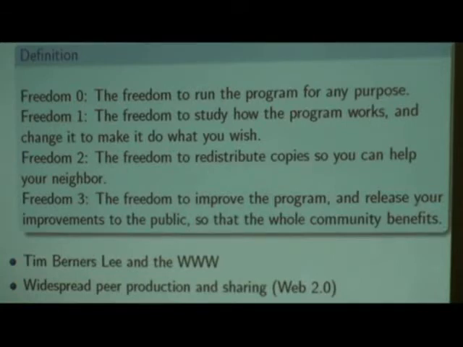The second part of what happened, very soon after 1986, in the early 1990s, was Tim Berners-Lee and his whole concept of the World Wide Web and hyperlinks. And that created what we know as the web today. Now we're actually kind of beyond Web 2.0, and we're having widespread peer production and sharing. Because with the emergence of the web, what happened was we now have a situation